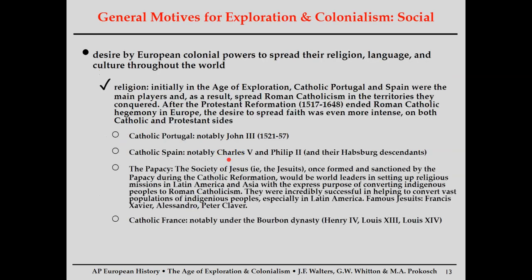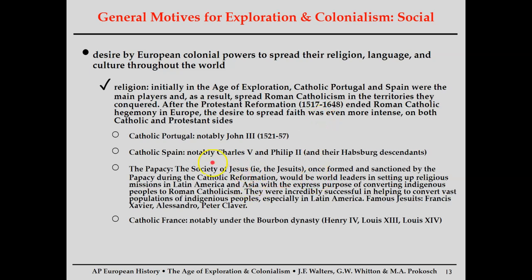All right, more social motivations. So this is going to mostly be focused on religion, as well as the belief of really cultural supremacy that Europeans are going to have, unfortunately. So, all right, if we're talking about, again, Portugal and Spain, their goal is to spread Catholicism. On the boats of Pizarro, on boats of Cortez, when they're taking over South America, there will be missionaries. In some cases, missionaries will be on different boats, and it won't be necessarily violent, but missionary work is absolutely critical to spreading Catholicism, especially in the context of the Protestant Reformation, tearing Europe apart along religious lines.